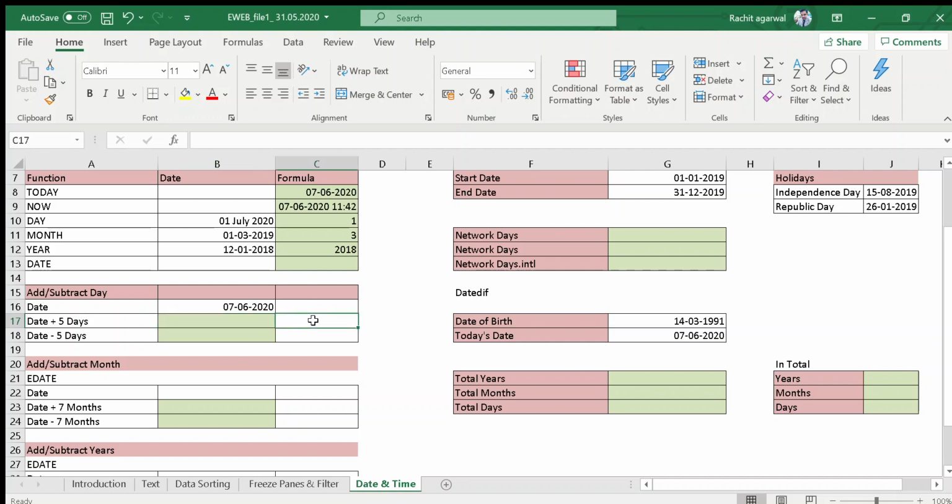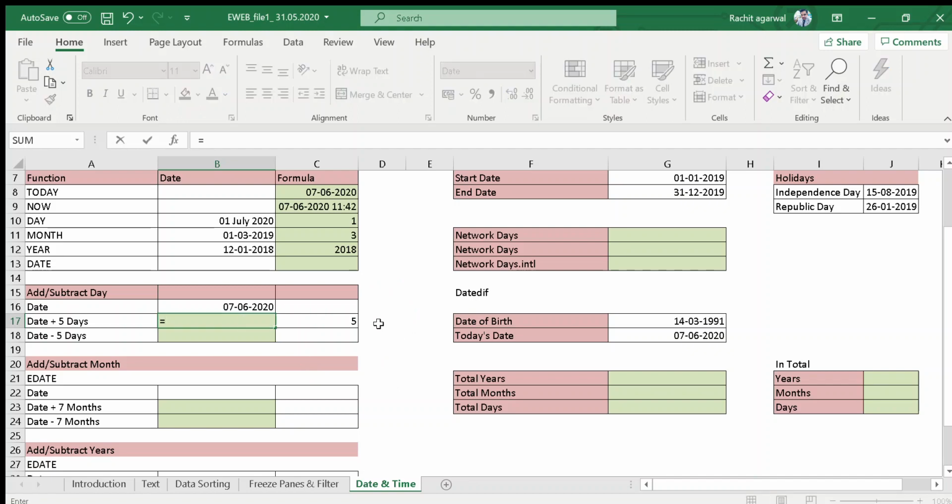But how can you get it using the formula? First of all you have to fix the criteria. Here the criteria is I want to know 5 days after, meaning plus 5 days. So I type here plus 5, or you can simply type 5. I have typed the criteria here.